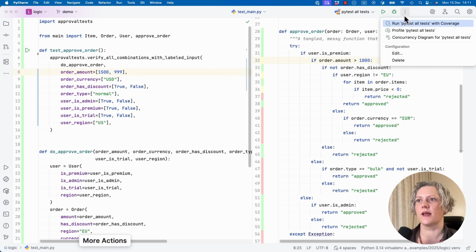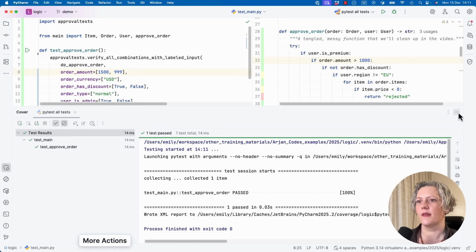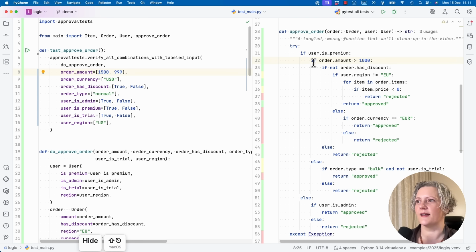So let's do that again. And this time, yeah, so I'm getting the other end of this else a little bit more. But there's still more work to do. So I'm just going to go away and see if I can think of some more values that I can put to increase my coverage.